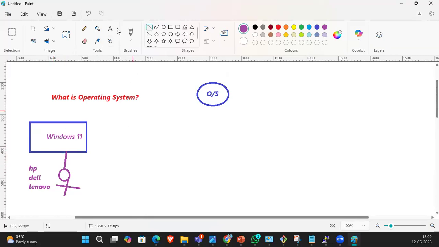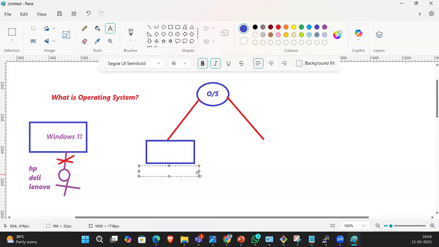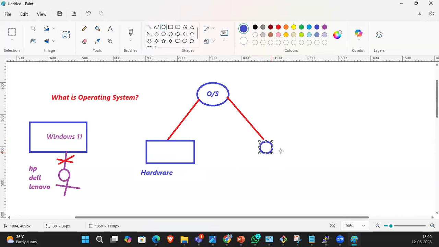No, we are unable to communicate with the hardware directly, and I will tell you why, because of the OS. Whether you are using Dell, HP, or Lenovo laptops or a desktop, whatever it may be, this is called the hardware or the computer, and this is called you.